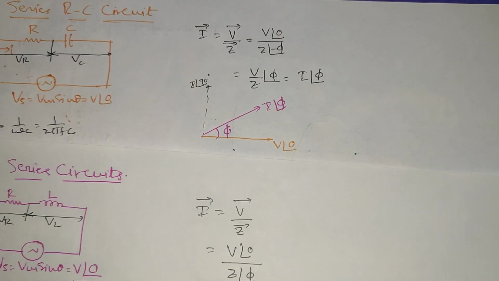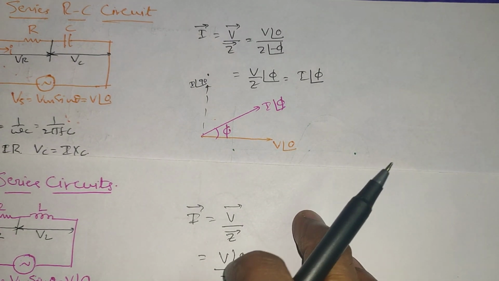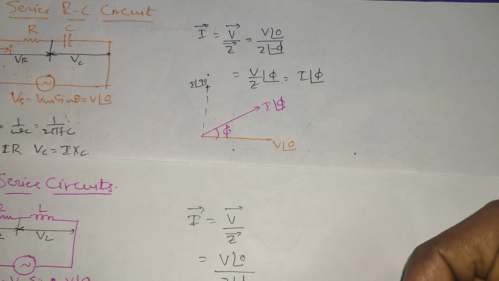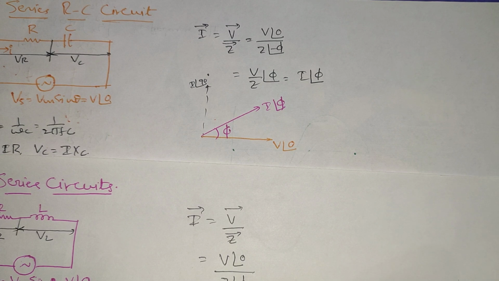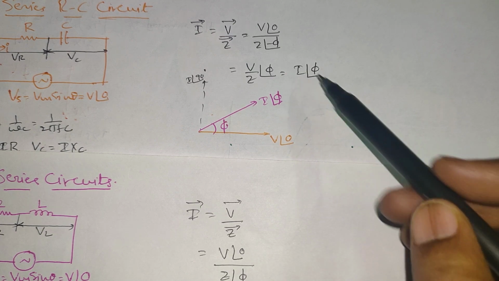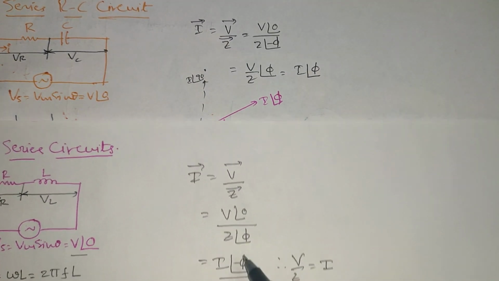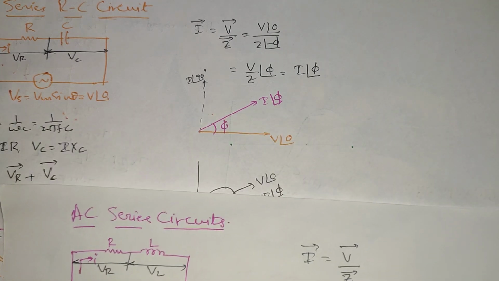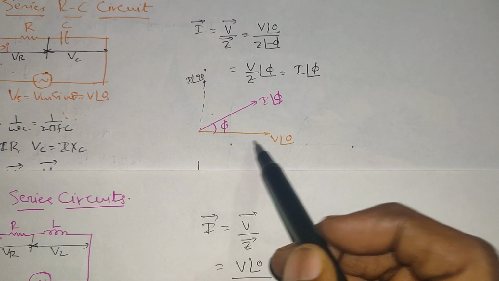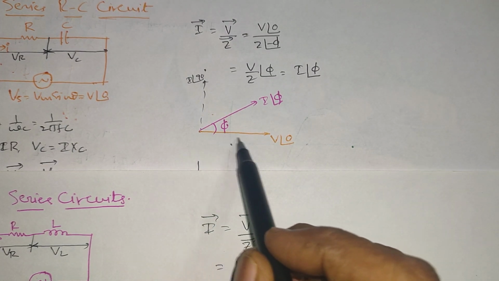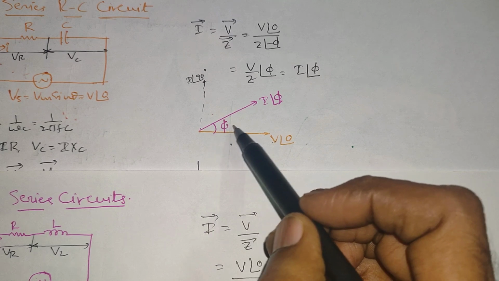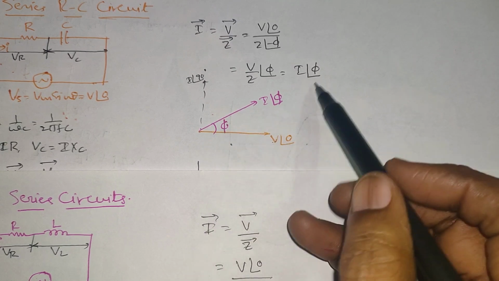And once this is over, next let us go through the current vector here. I bar is equal to V bar by Z bar, same as the series RL circuit. The formulas are the same, but the only thing is here we are going to have V by Z at an angle of plus phi or I at an angle of plus phi. So in the previous case we have got I at an angle of minus phi for inductive circuit. The phasor diagram representation for voltage and current will be like this. So here if you consider V as V at an angle of 0 as the reference, then current is going to lead the voltage by an angle of phi, because phi is positive here.